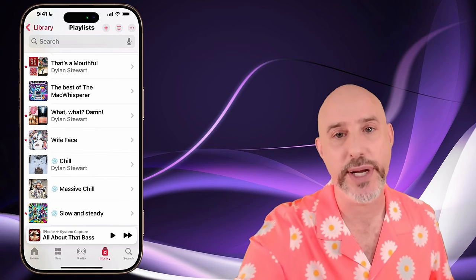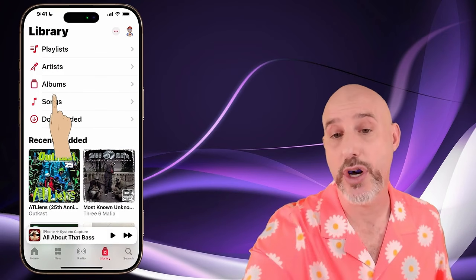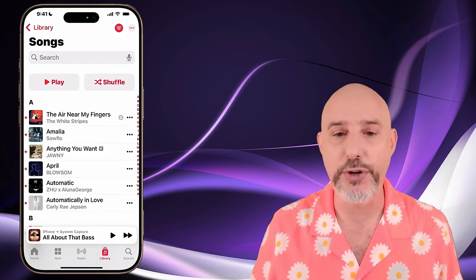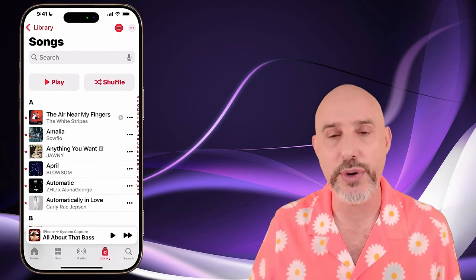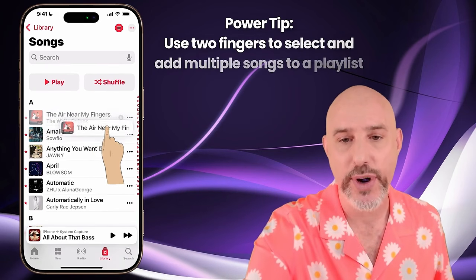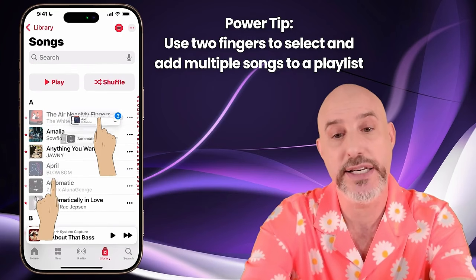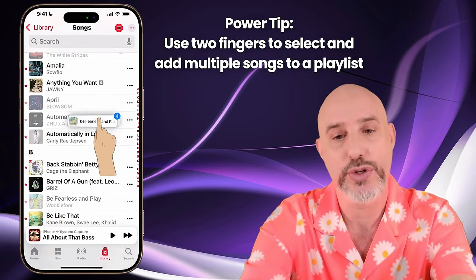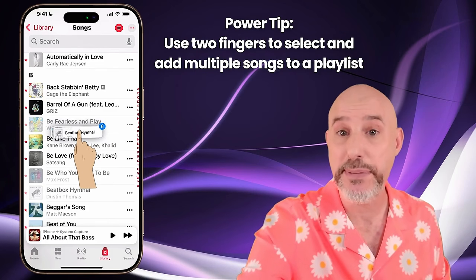Here's one of my favorite ways to do that. I'm going to come back to the library and I'm going to step into the songs section. Here I'm already filtered by favorites, so these are some of my favorite songs. What you can do in order to add music to a playlist is press and hold on any song and grab hold of it. Then use your second hand to tap on any additional songs that you like. You can scroll and find whatever you want this way, holding all of it by keeping your finger down on